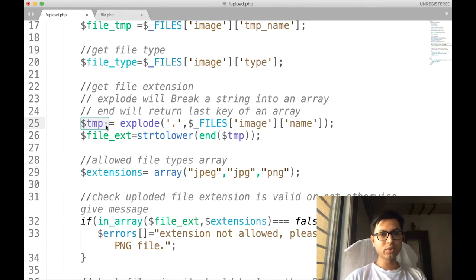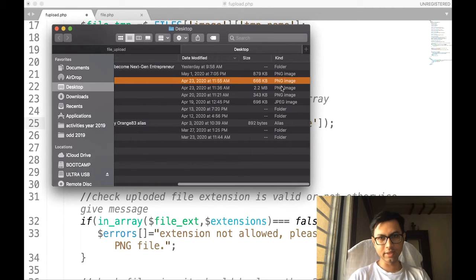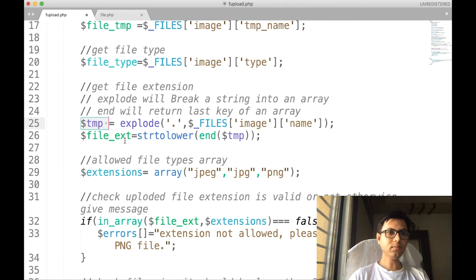Now, different operating systems have different norms for saving the file extension. Some file extensions are stored in capital letters like this, PNG, JPEG.